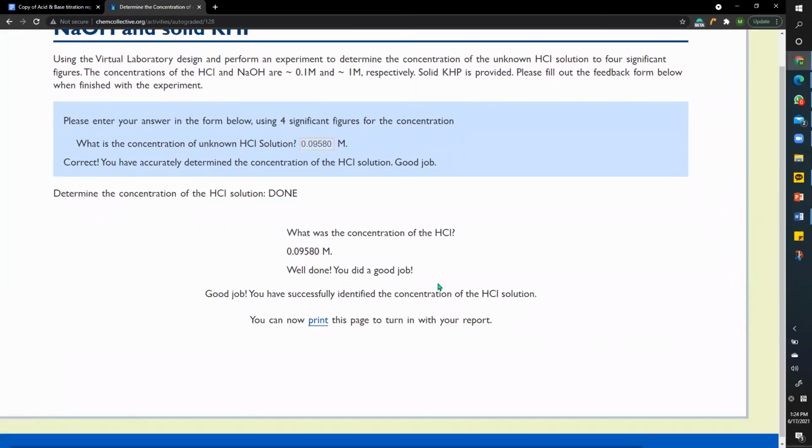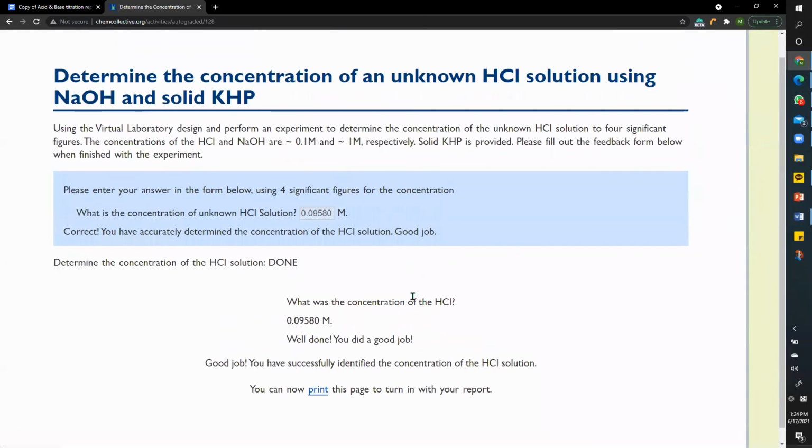Well then, you did a great job. Yes, you can print this report. This was all about this titration to get the concentration of HCl by the unknown concentration of NaOH, which was calculated by titration with solid KHP. It was all about it,